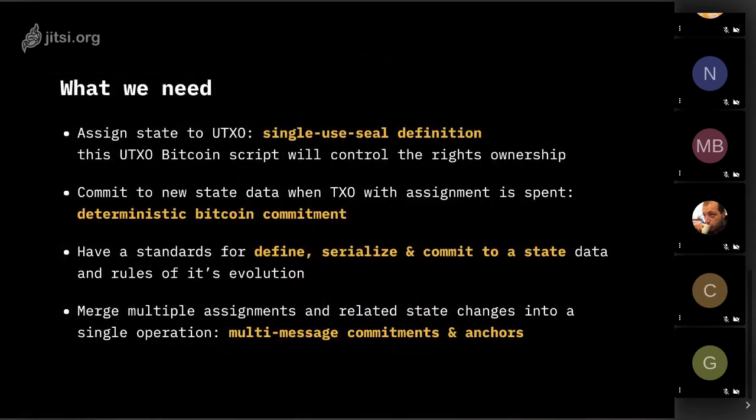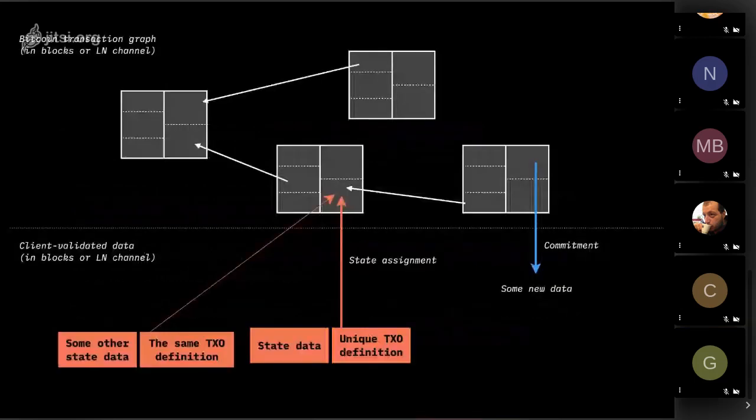Additional to these three blocks, there is a fourth block that we actually need. Because you can easily imagine the situation where you use the same Bitcoin transaction output twice, and you assign two different state data to the same Bitcoin transaction output. Meaning that if you spend this Bitcoin transaction output, you have to create new commitments to both of those original states, and you have to combine